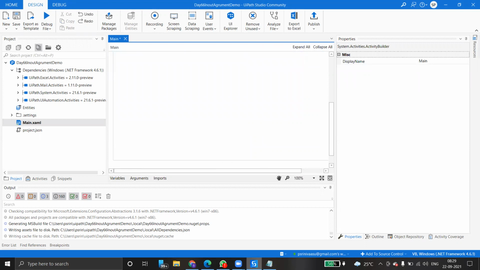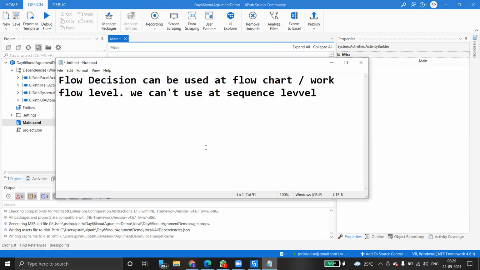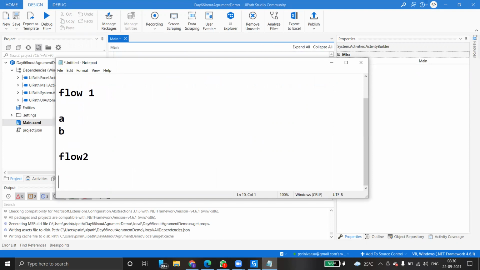Now look at here. This is workflow one. Inside workflow one, I want to add two variables, a comma b. I just want to pass a and b to another workflow, workflow two, where it simply creates another variable c equal to a plus b.